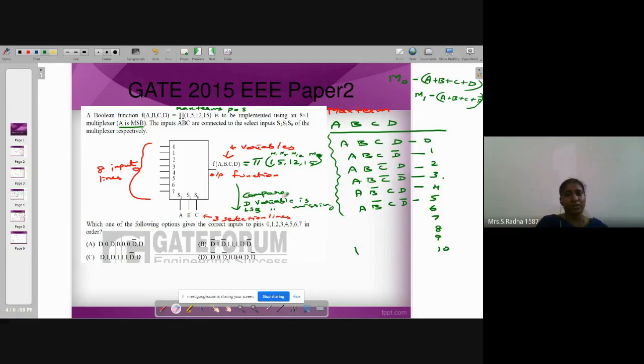Okay. So how do you have to go about this? You prepare the table. D complement followed by D, same table I will get. D complement followed by D, but I have to apply the max term logic. Okay. So here you will get the answer. Kindly try if you understood.